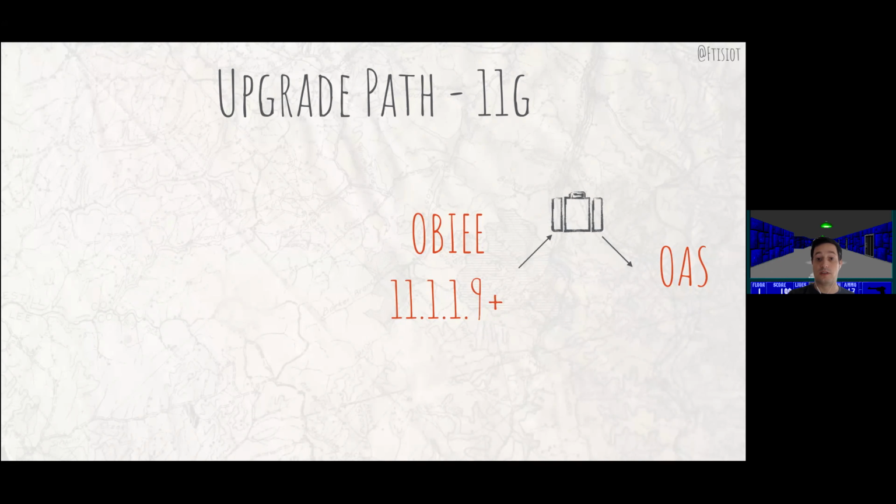However, if you are not in the latest OBIEE 11G, you need to do a 2-step. You need to move from, for example, the 11.1.1.7 to the 11.1.1.9 plus, and then migrate the content to OAS. So as before, the far you are from the latest release, the more steps you will have to do.